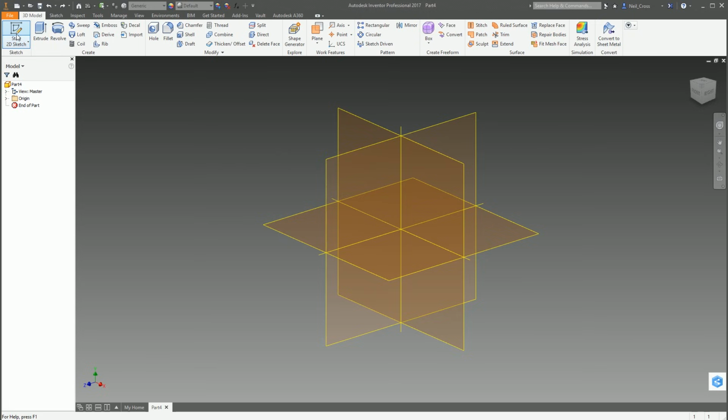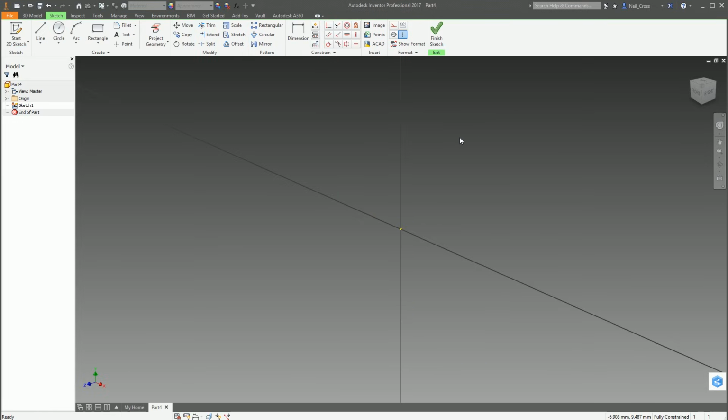So we're going to start by doing a 2D sketch. We're going to drop the 2D sketch onto one of these origin planes. These are your starting planes for new 2D sketches. Think of them as bits of paper. So I'm going to select the XY plane, and that gives us a sketch plane, a bit of paper, if you will, placed onto that origin plane, where we can now start drawing lines, arcs, circles, rectangles, and the like.